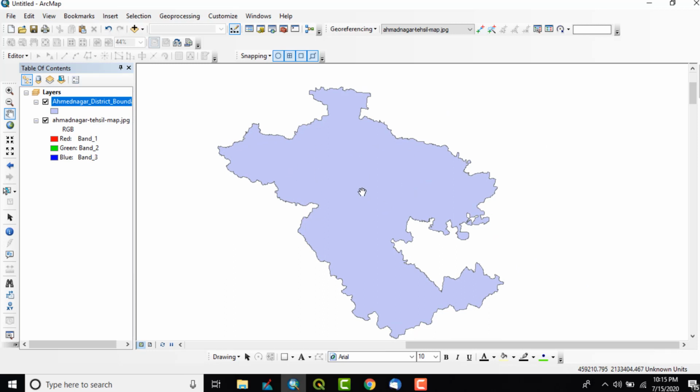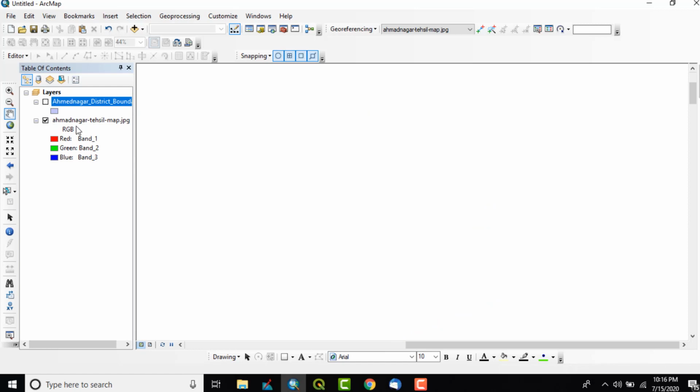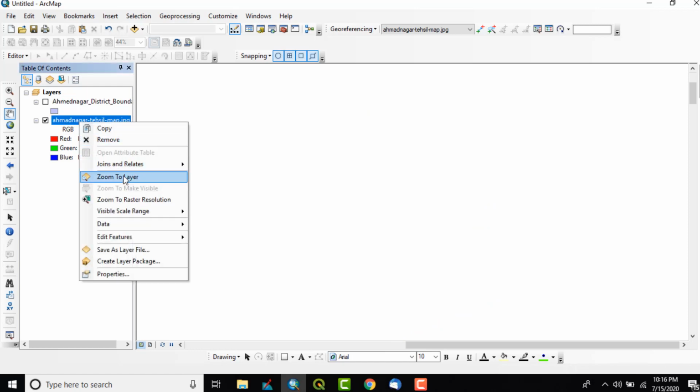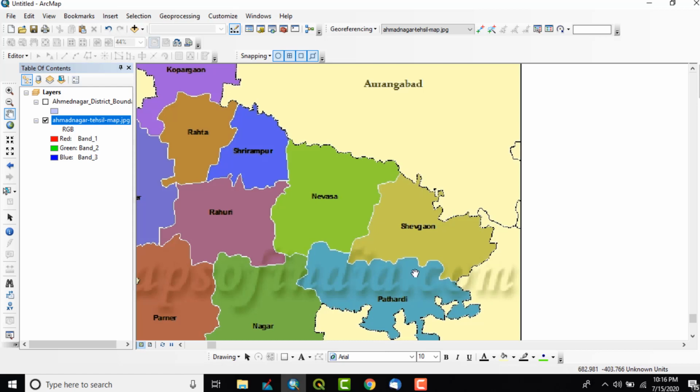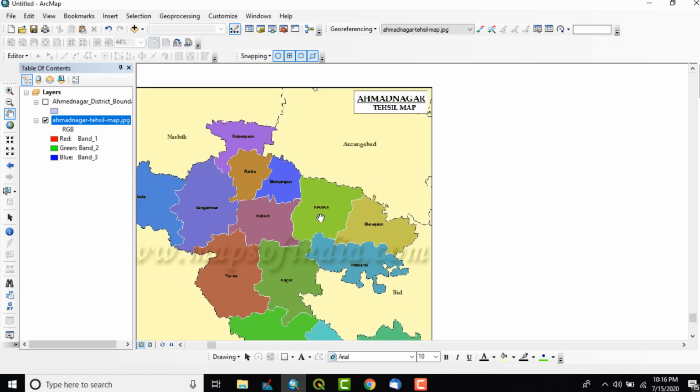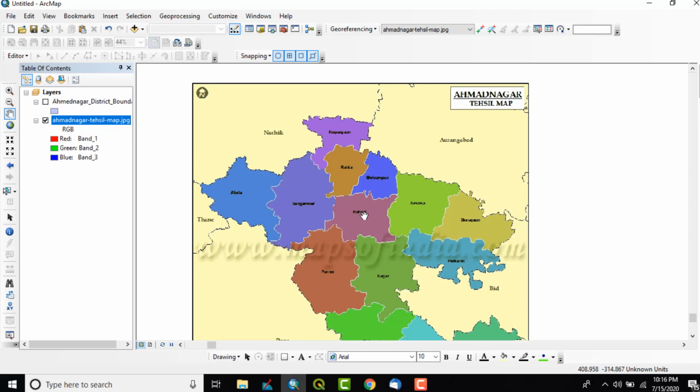It doesn't show the Tehsil or Taluka boundary. Now how to georeference? We have the district boundary, and the JPG file also has the same district boundary. With the help of this information we can georeference this JPG file, and then further we can extract the Tehsil boundaries.